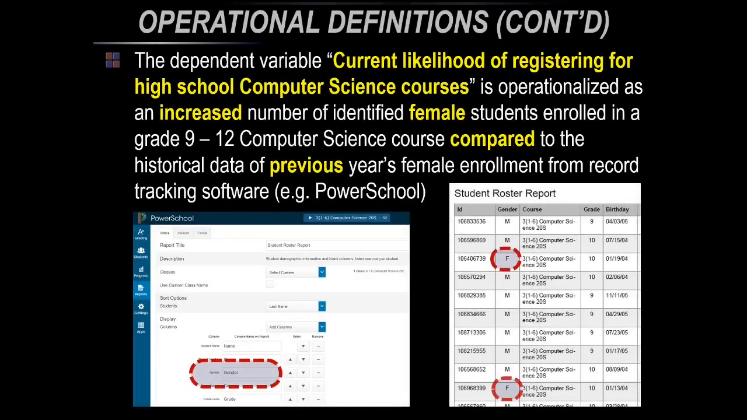The fourth and final dependent variable, the current likelihood of registering for high school computer science courses, I will operationalize as an increase in the number of female students enrolled in grade 9 to 12 computer science courses compared to historical data of the previous year enrollment, and that will be tracked through Power School enrollment data, as seen